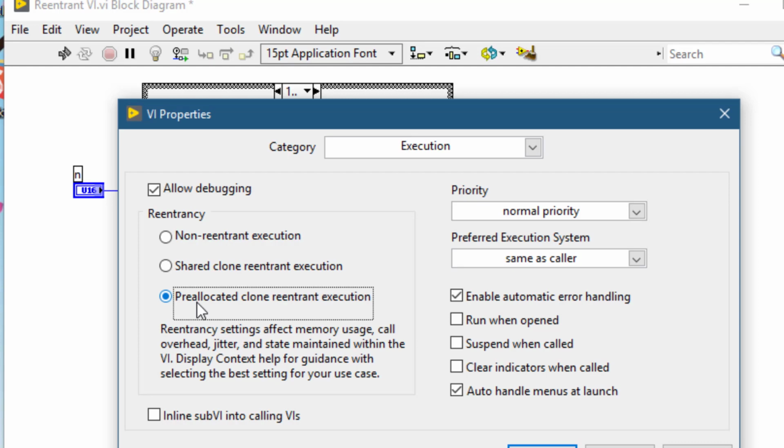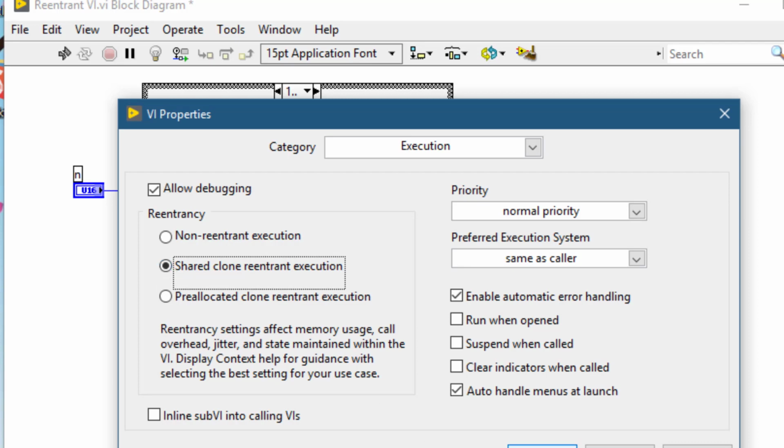This introduces more memory, but if the parallel loops are calling this VI, then no jitter is introduced if this option is selected. If the other option is selected and you are calling this VI from within the parallel loops, then jitter can be introduced, which is usually not what we want for real-time applications, since this VI will be created when it is required. For our case, since we are not calling this VI from a parallel loop, we can use